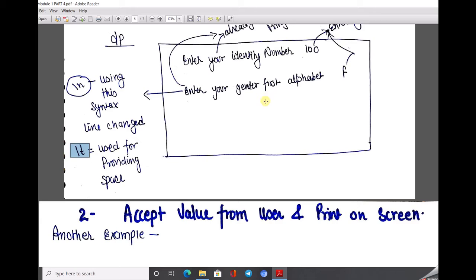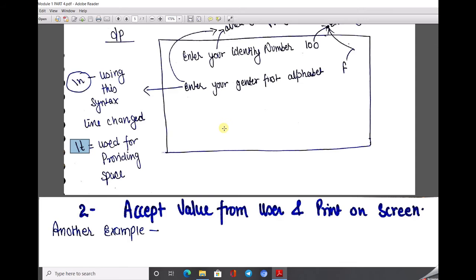In a single line, only by a tab space, like enter your identity number 100, then one tab space, then the output will be enter your gender first alphabet F. That means both lines come into one single line, because no \n is used.